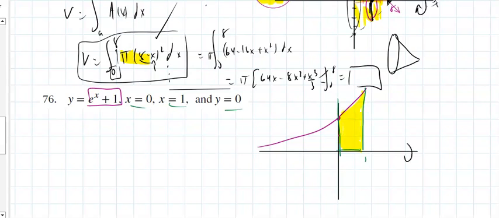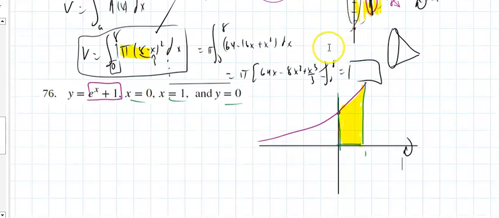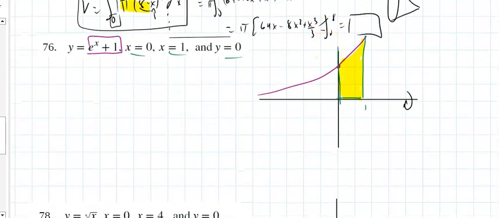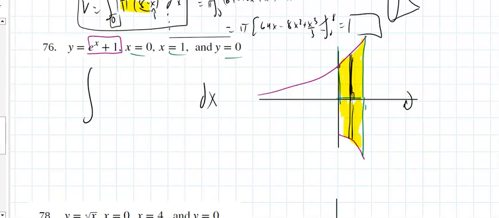I'm going to rotate this about the x-axis. What's going to happen? This is going to create an identical copy like it right there. And it's going to occupy all of that volume, the whole solid. If I pick my rectangles vertical, because I want them perpendicular to the axis of rotation, that makes this, since it's vertical, a dx. So I know x runs from 0 to 1, and it's going to be pi times the radius,